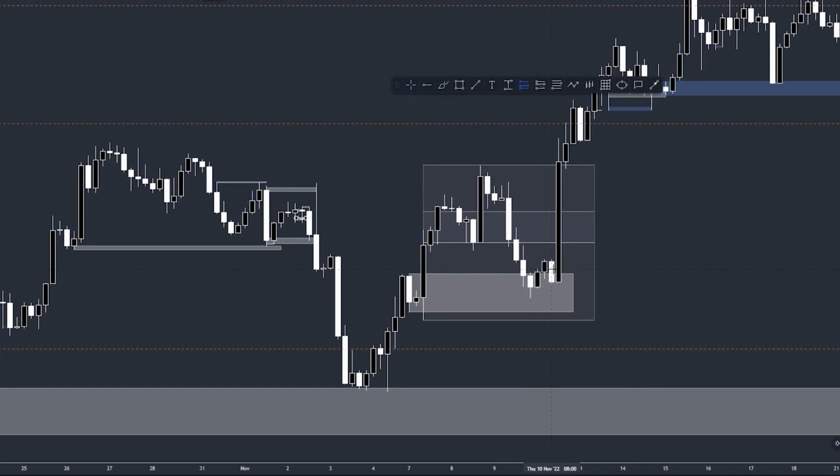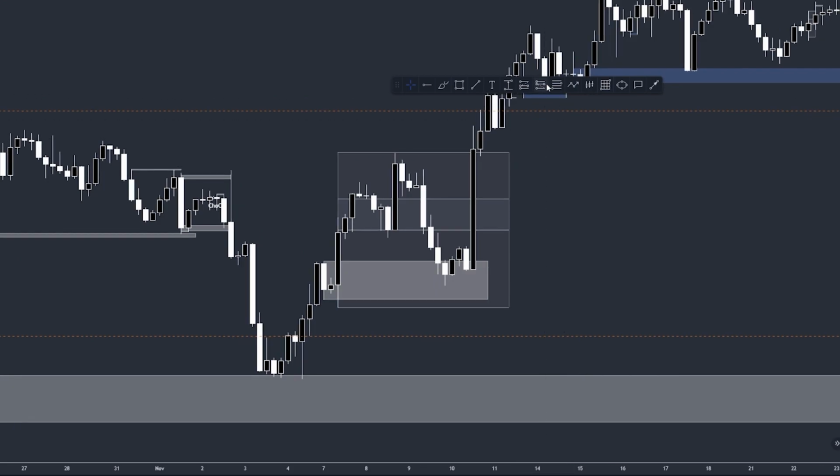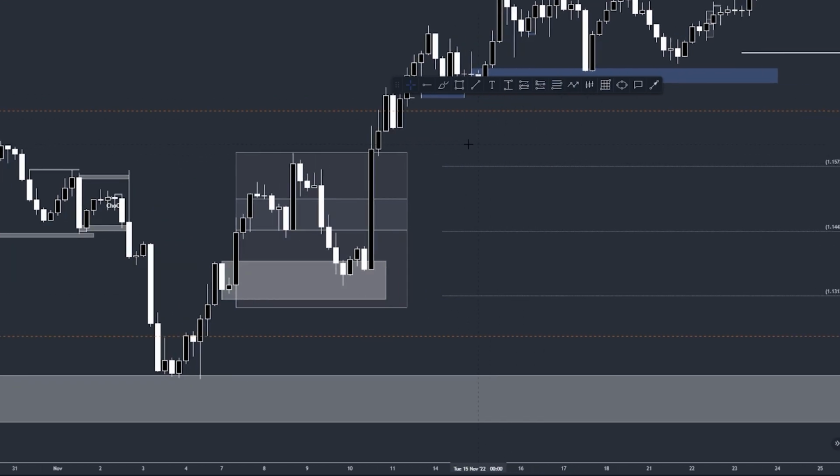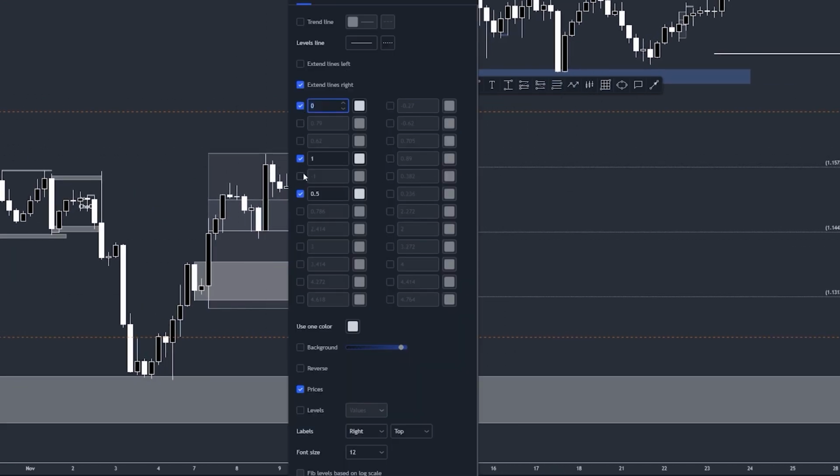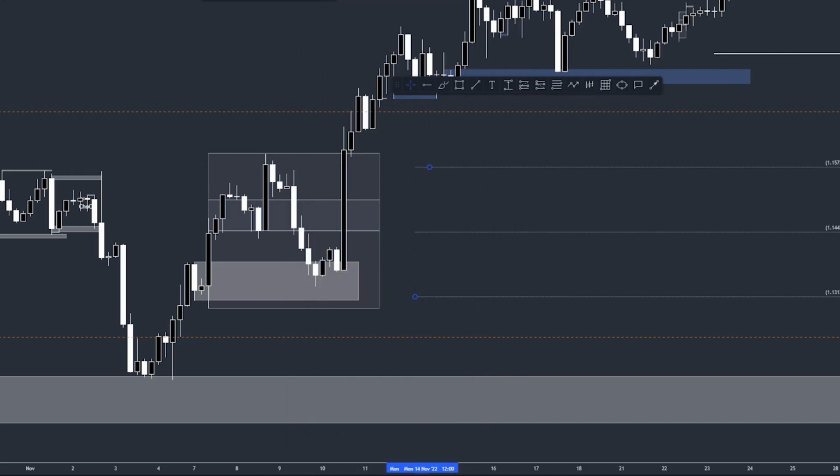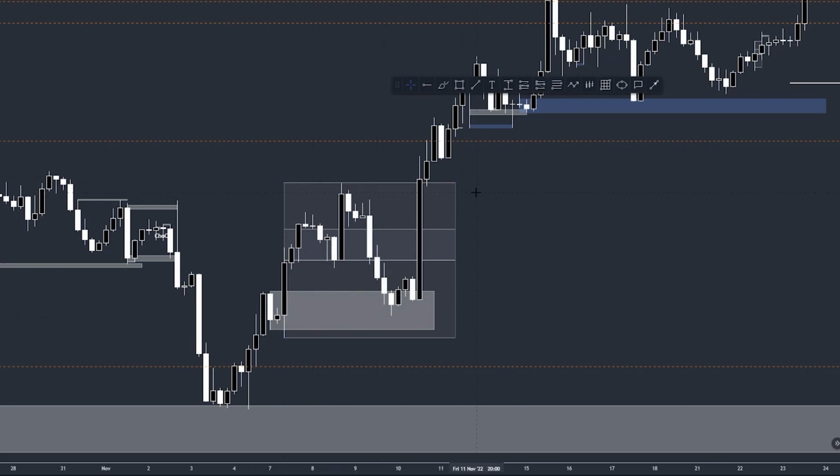Because even if we take buys from here, our stop loss is going to be lower and our target can also be the high, which again, this is not a good risk reward. That's why we use the smaller time frames in order to have a tight stop loss and a bigger risk reward. You can also use the Fibonacci tool for this if you want. You can just use the 0, 1 and 0.5 and use that as a premium discount tool, but I like to use the Gantt box because it's just nicer.